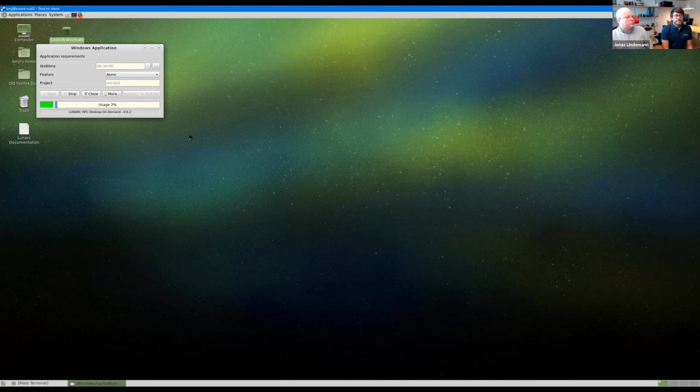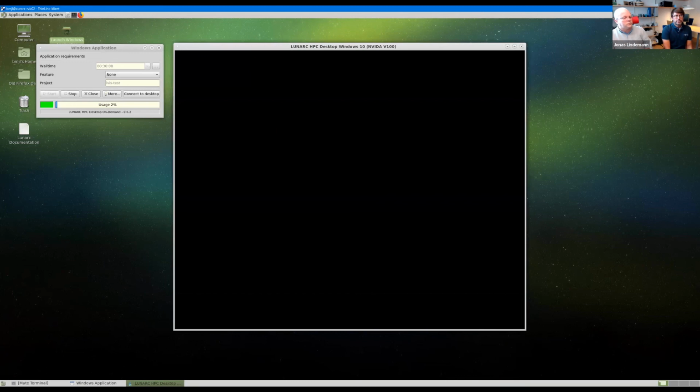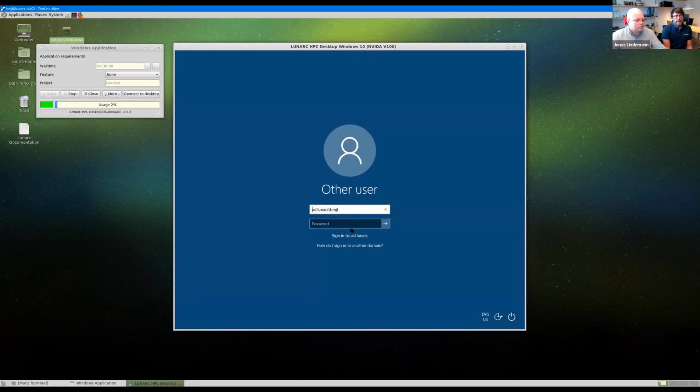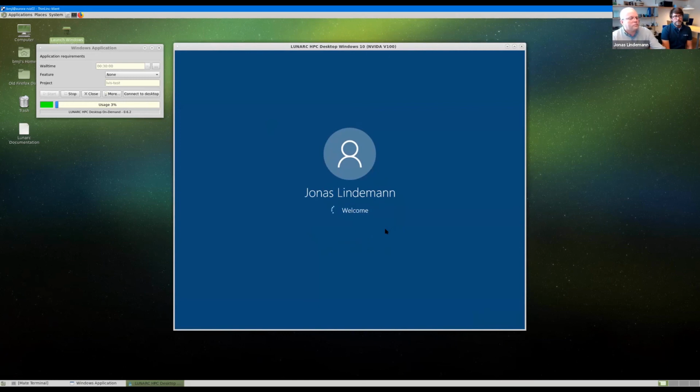When the connect to desktop button is available, it's possible to connect to the Windows system. As you can see, it's connected to our domain ad.lunarc. The same username, in this example BMGL, is populated in the user dialog, and Jonas uses first factor to authenticate.